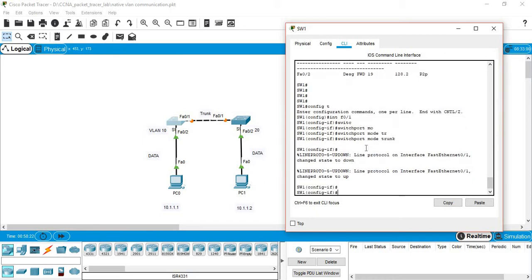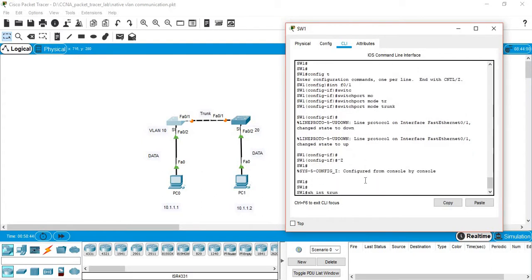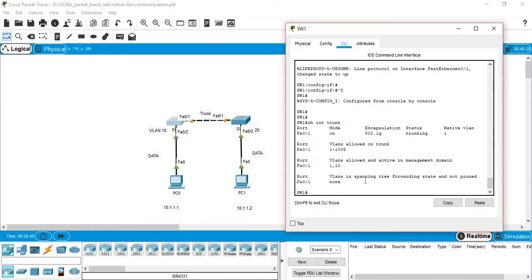You can see the port has now changed to orange color. It is negotiating with the other end because we have not enabled anything on the other side, and by default that is access. When we enable trunk on one side it will auto negotiate, and the other port will also become trunk. We can see if it has become trunk or not if we run the command show interface trunk. You can see the port F0/1 is using the encapsulation .1q and the status is trunking, and by default the VLANs allowed on this trunk are from 1 to 1005.